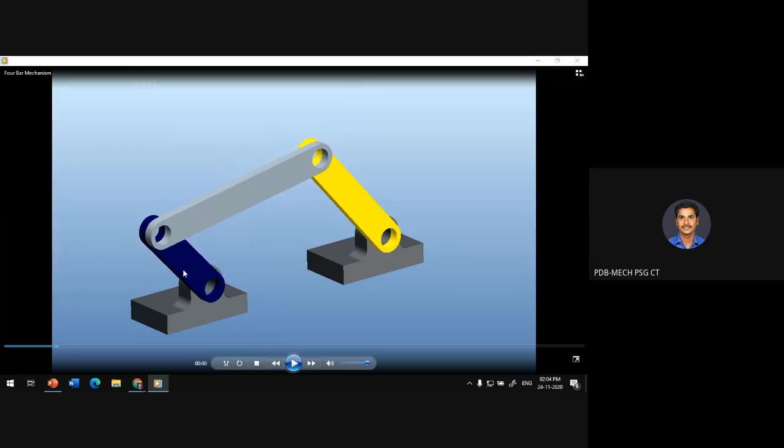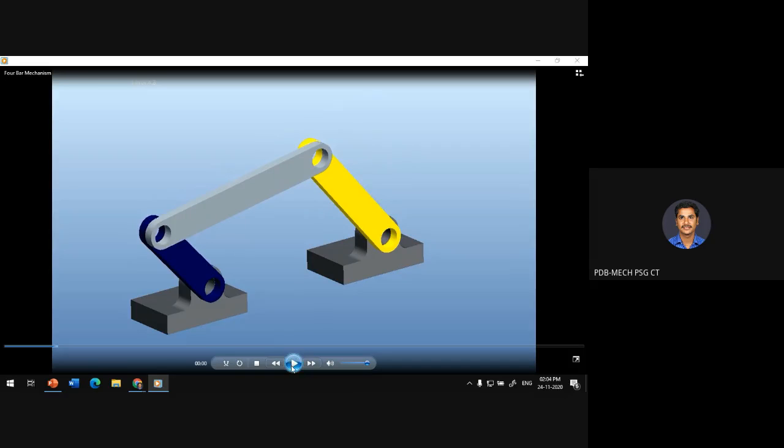So input link is blue color, that is called crank, and output link is your rocker. That yellow color is your output link, that is also called rocker. So the element which connects your input link and the output link is called your coupler. So this gray color is your coupler. The input link, output link and the coupler are connected to a common element that is called frame. So this whole particular surface is going to be your frame. So whenever you are giving input to the crank,